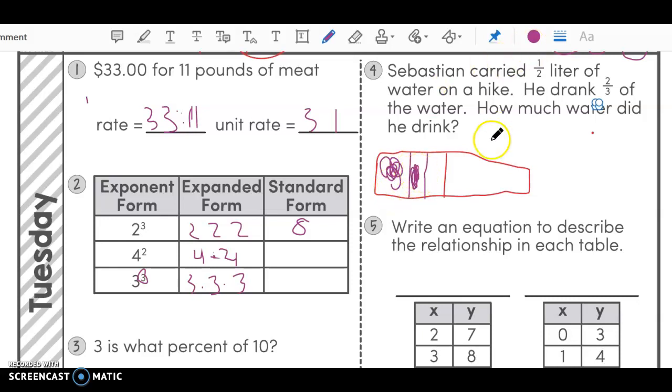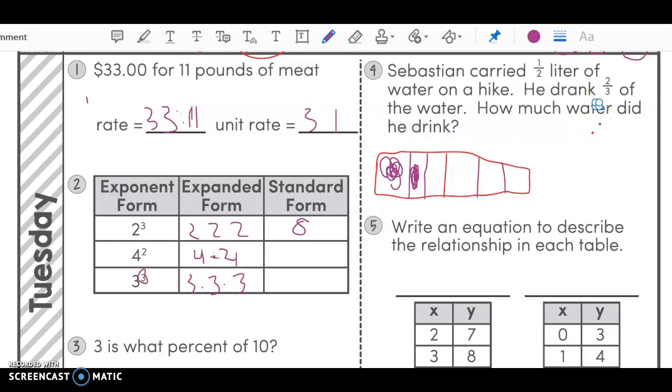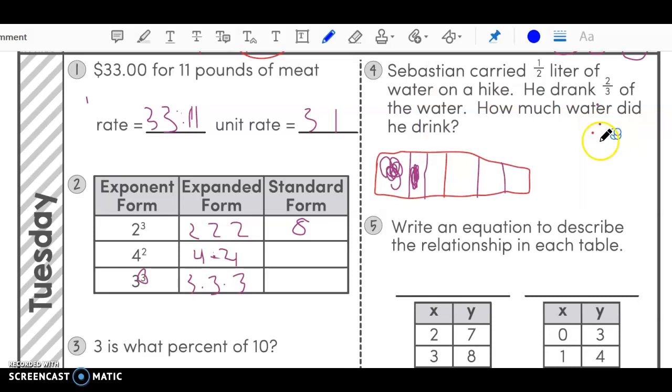Well, what we do to one side, we also need to do to the other. So we're going to make this half the same as that half. So then when we look at it, this is 2, 2, and 2. So we can say that he drank